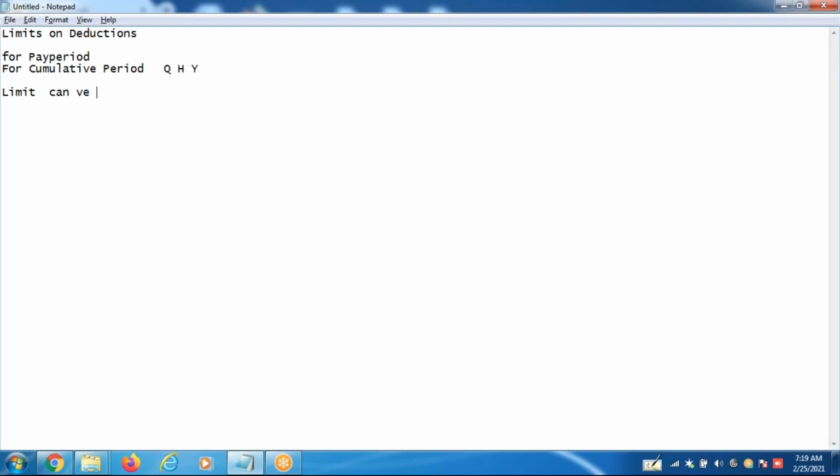So a limit can be applied on a single wage step or on the total of multiple wage steps.